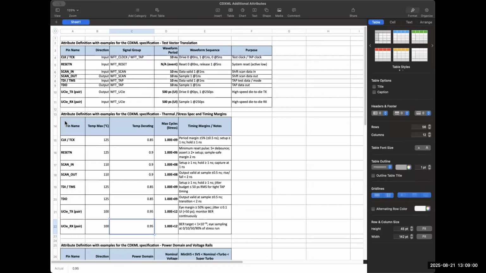Like so, because we want to have interoperability across other tools like thermal or stress repellent tools. So based on the spice simulation results, the pad owners will be able to tell, or the pad data sheets will be able to dictate, what's the max temperature without breaking this particular pad in the usage model, right? So that they can tell us, and also what's the temperature derating factors and the maximum stress,